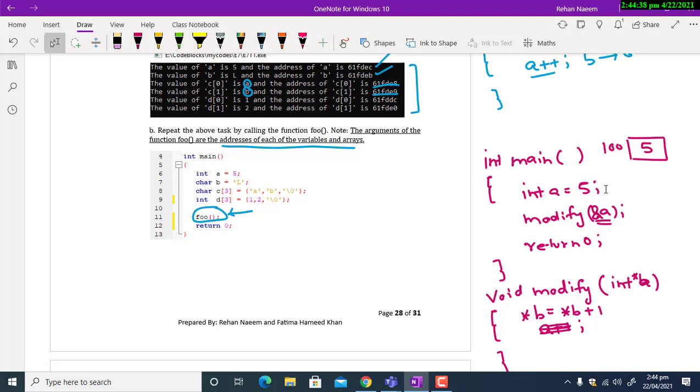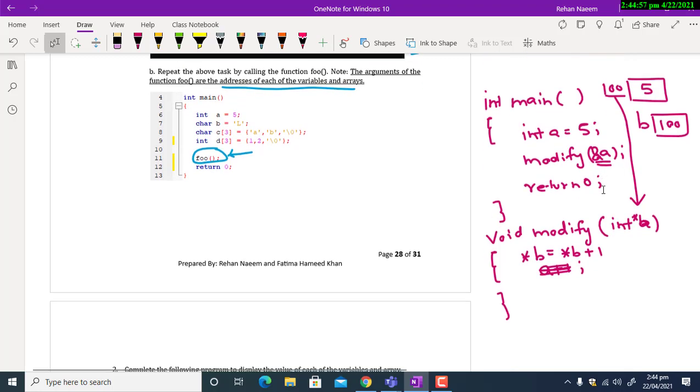This 100 will be passed to variable b. So b will contain 100. b के अंदर 100 स्टोर होगा और 100 एड्रेस है. किसका एड्रेस है? 5 का एड्रेस है, a का एड्रेस है.